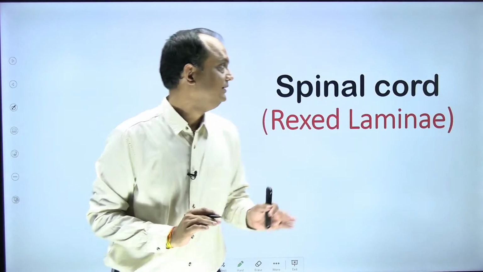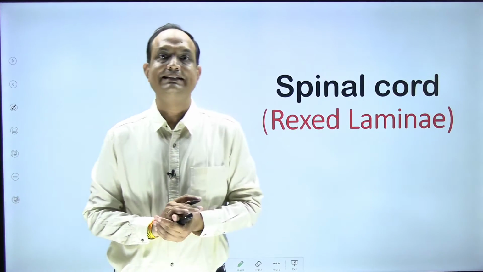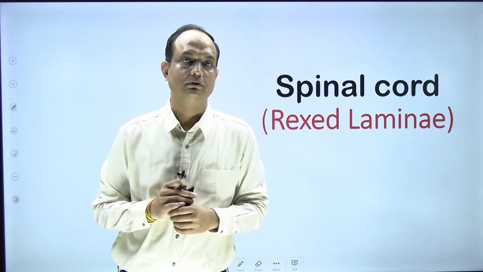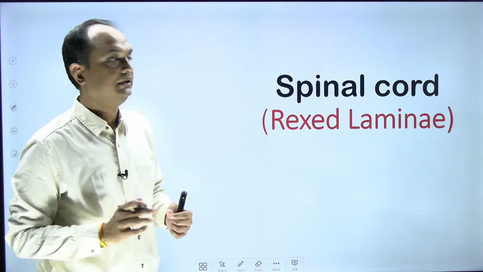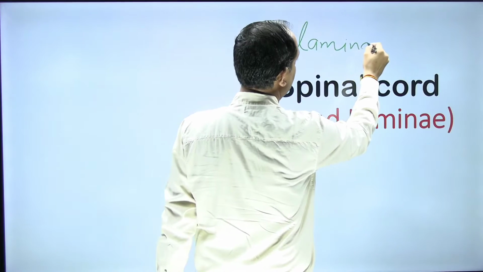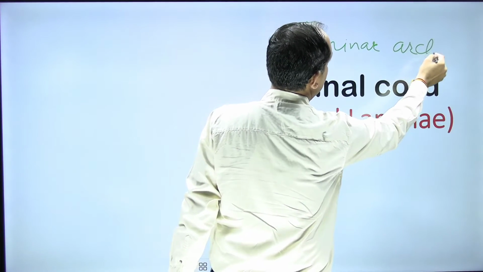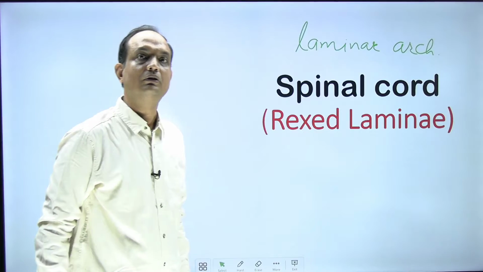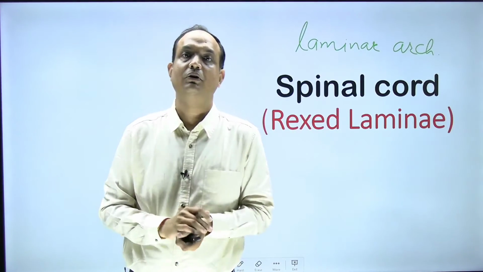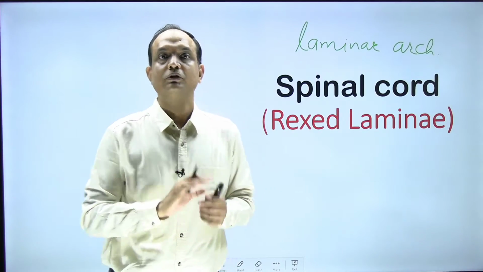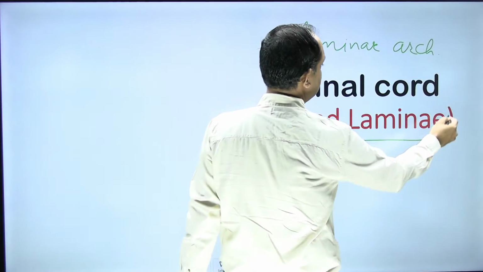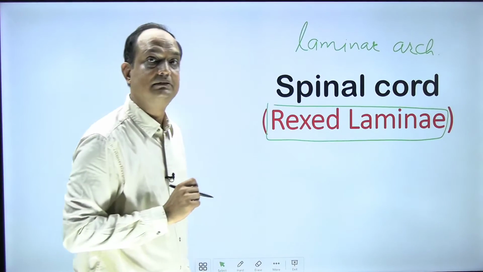Hello students, today we will discuss the Rexed laminae, which are part of the grey matter of the spinal cord. You may get this question in the exam: write a short note on the laminar architecture of the spinal cord, or sometimes a question on the cellular architecture or cytoarchitecture of the grey matter of the spinal cord. All of these are the same thing, where you have to write about the Rexed laminae of the spinal